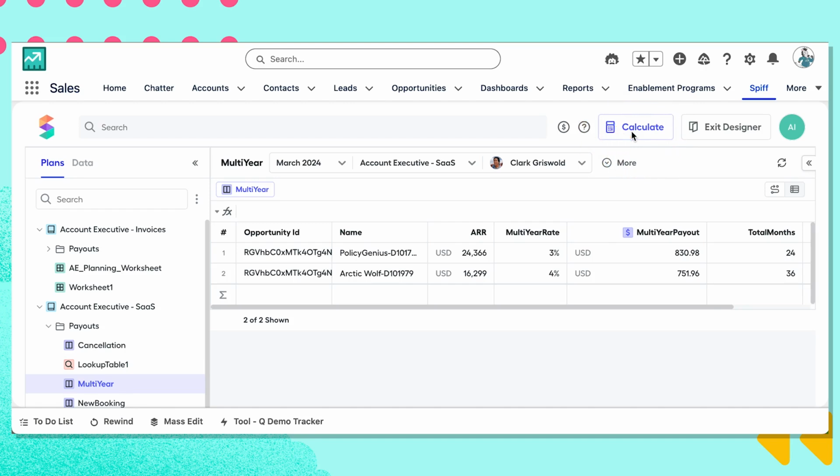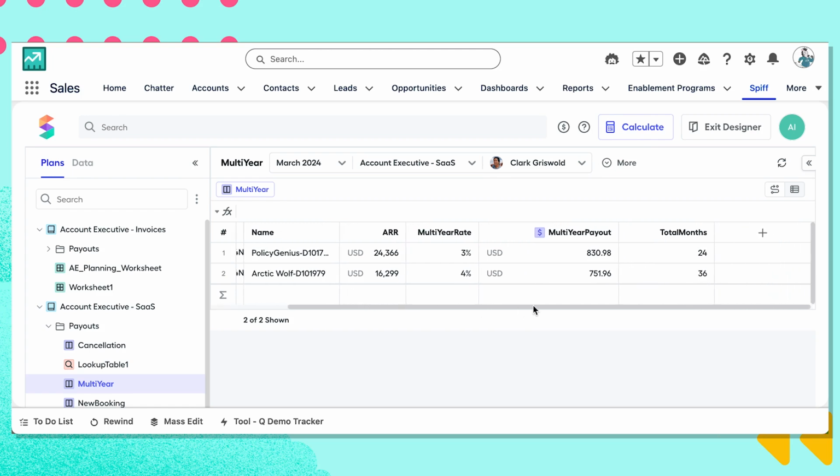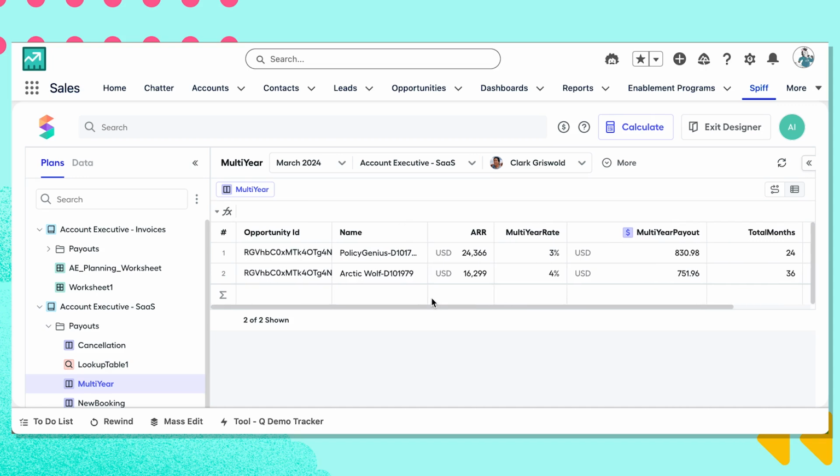Now, just like with sales planning, I can't build an entire compensation plan in 30 seconds. But what I want to show you is how intuitive the interface is, mimicking a spreadsheet-like experience, allowing you to make calculations and build rules all with simple clicks and not code. And because I'm doing this inside Salesforce, I can make these adjustments to our plan in real time, helping me to design and implement comp plan strategies in days, not weeks or months like other tools.